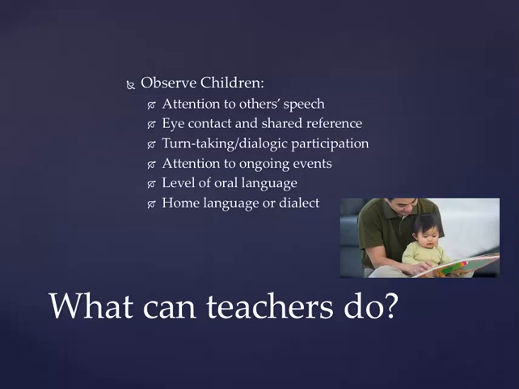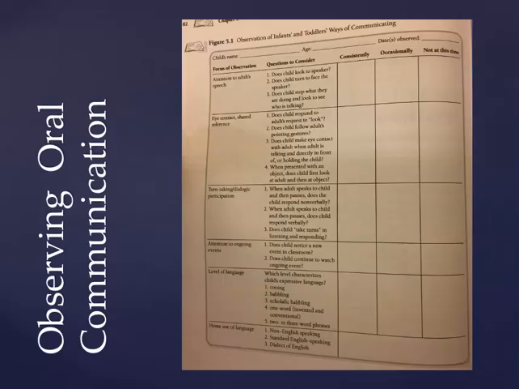So where are they with their expressive and their receptive language in all the 5 funds of knowledge areas that we've talked about in terms of language? And then what is their home language or their dialect, and how is that influencing and supporting their language development? So one observation sheet that we can use to gauge where that oral communication is in